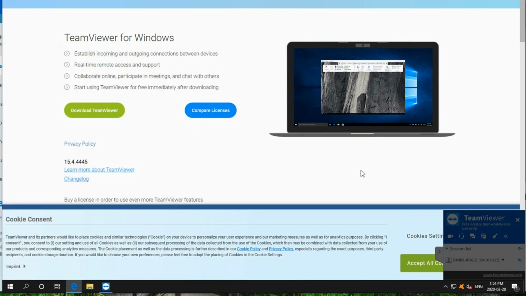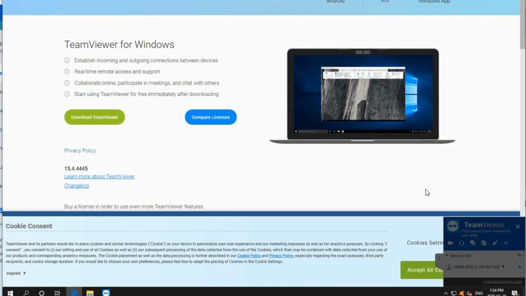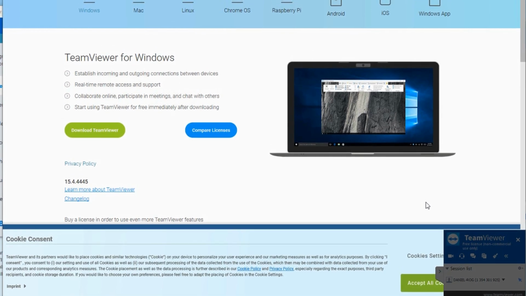And the person that's remotely being controlled, if they wanted to kill the session, they could close that. And it says there, close all connections. So they could kill the session on you if they ever wanted to. But if you're connecting into your own computer, nobody should be there to do that.